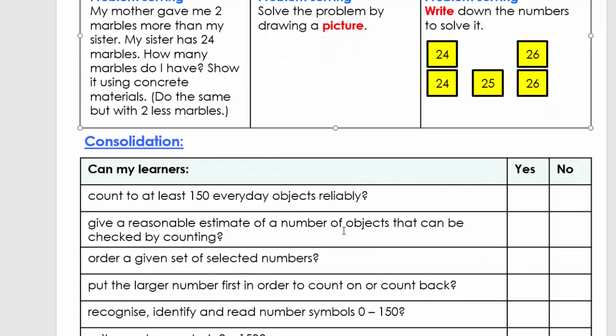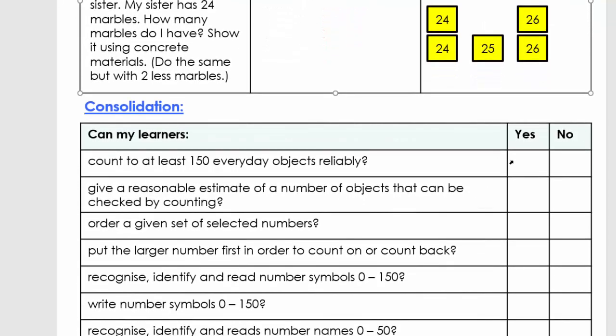So when we come to the consolidation, you're going to click on all the yeses. If you click on all the yeses, it's fine. We're going to carry on with the next lesson. If not, go and revise some of the